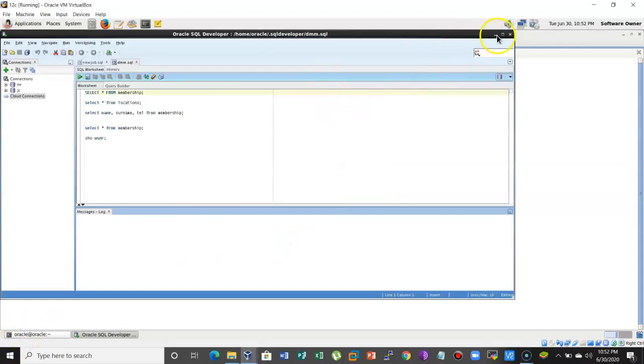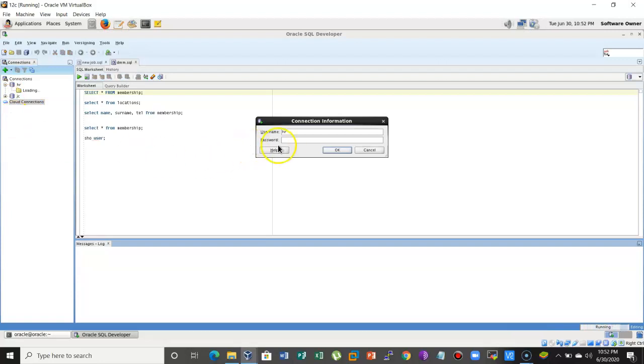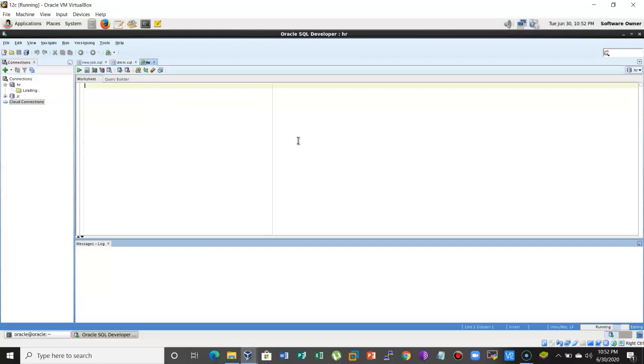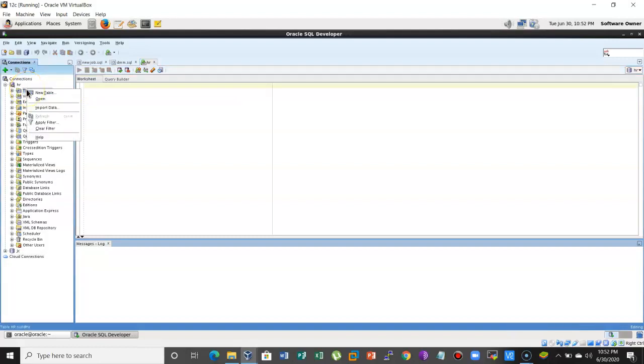Alright, so this is the SQL Developer. To do such, with this plus sign, we click on it, you input your password, and this is the worksheet for the HR user. So to import the Microsoft Excel into the SQL Developer, you right click on this table, you click on import